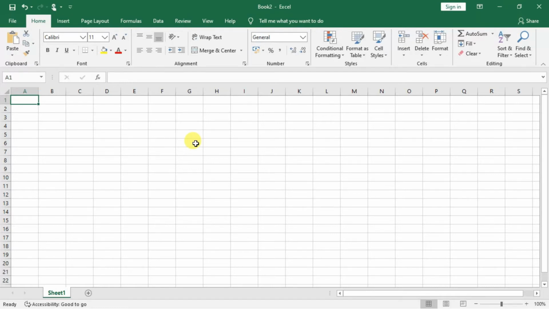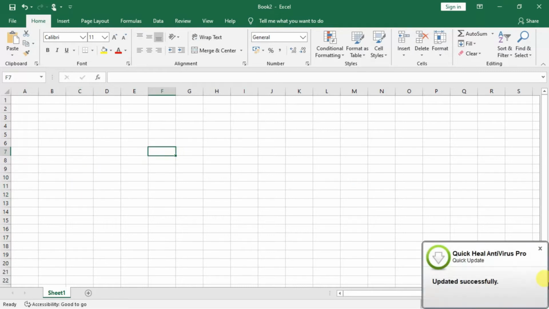Now you can see the basic worksheet and workbook concepts. You can see Book 2 has been opened here; by default it is Book 1. These are the tabs, and these are the different menus, options and groups. This is the formula bar. These are the columns and the rows, and the lines with which the cells have been made are known as gridlines.